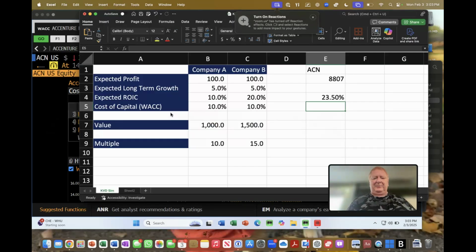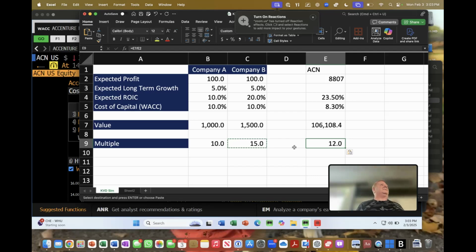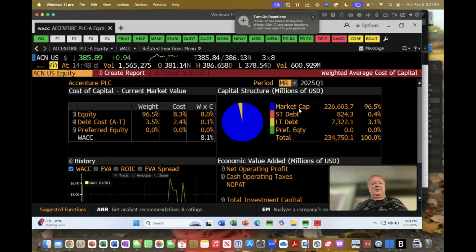What our value formula says, with no growth in these numbers long term, Accenture would be worth 106 billion, and they would trade at a PE of 12. Now, that assumes no growth. Accenture is going to grow. And by the way, Accenture's PE next year, based on today's share price, EEO,